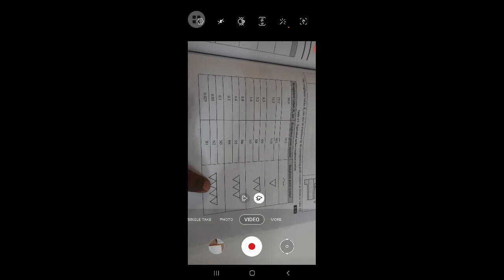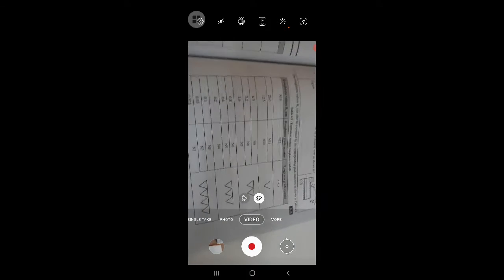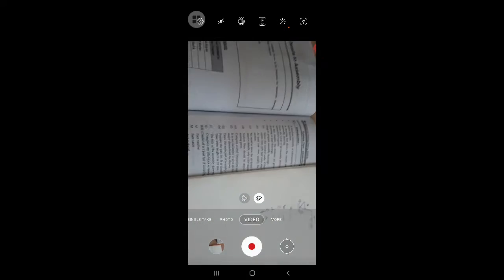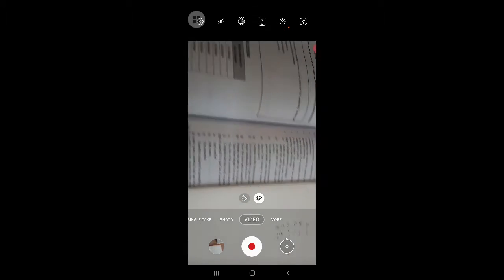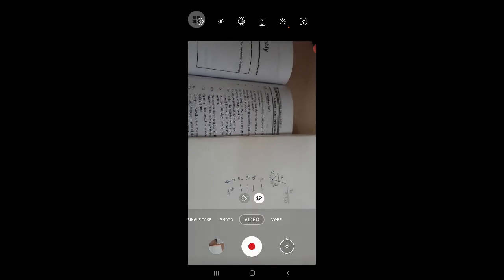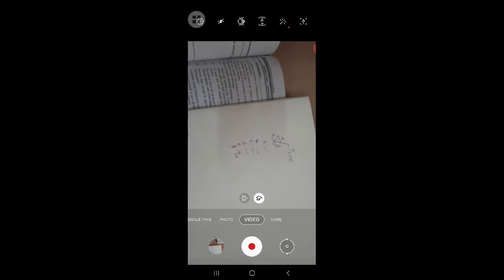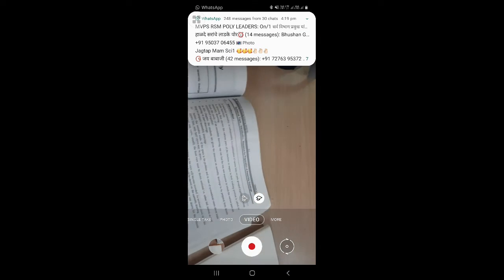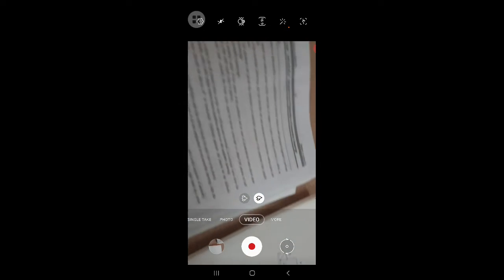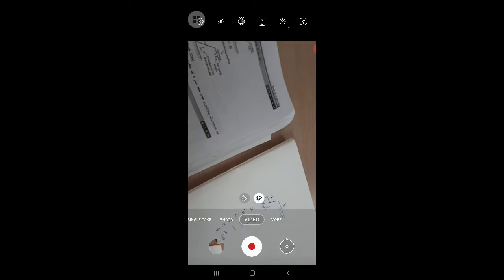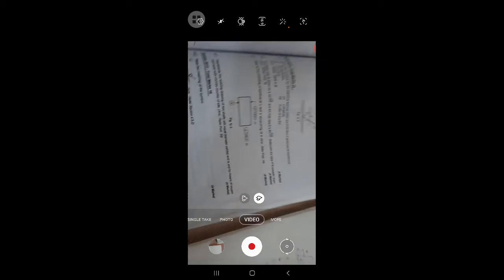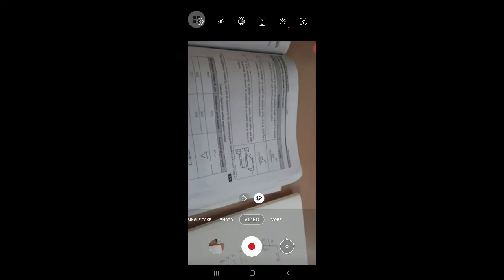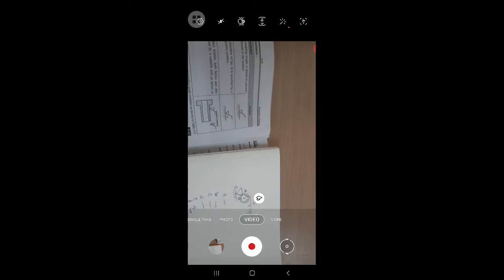So how do we draw the table in the simplest way? So let's see. Firstly,